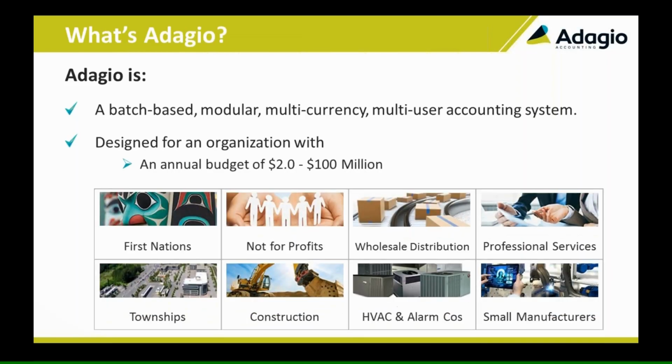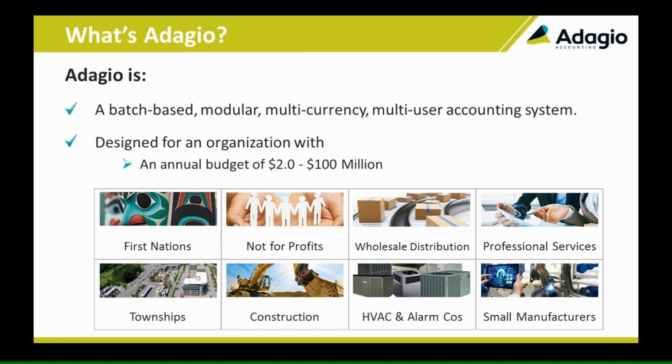We're designed for organizations managing 2 to 100 million in revenue. We have some really big organizations running on Adagio. It's really more about the transaction volume. Over 30% of our clients are in the not-for-profit space because they're subject to audit, and that means that the